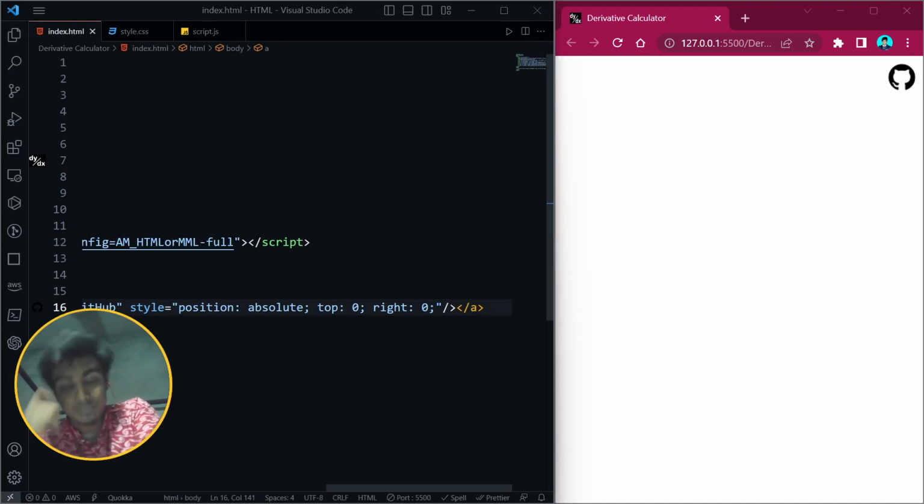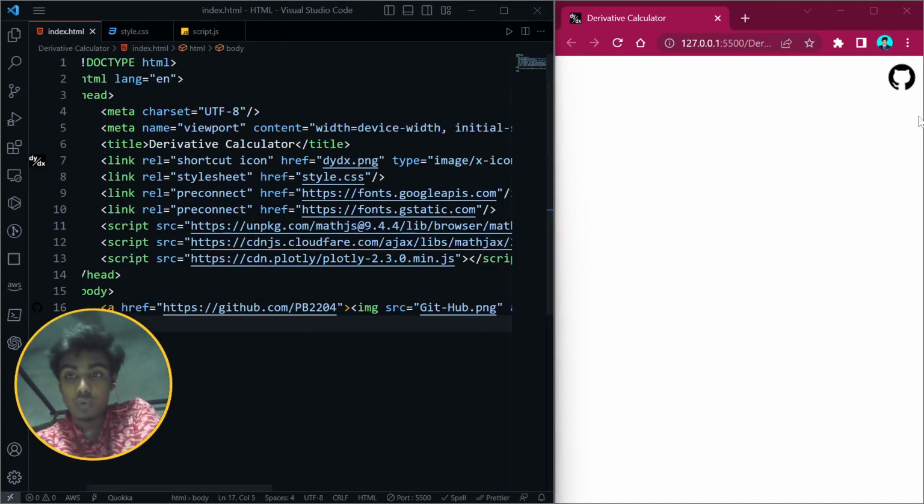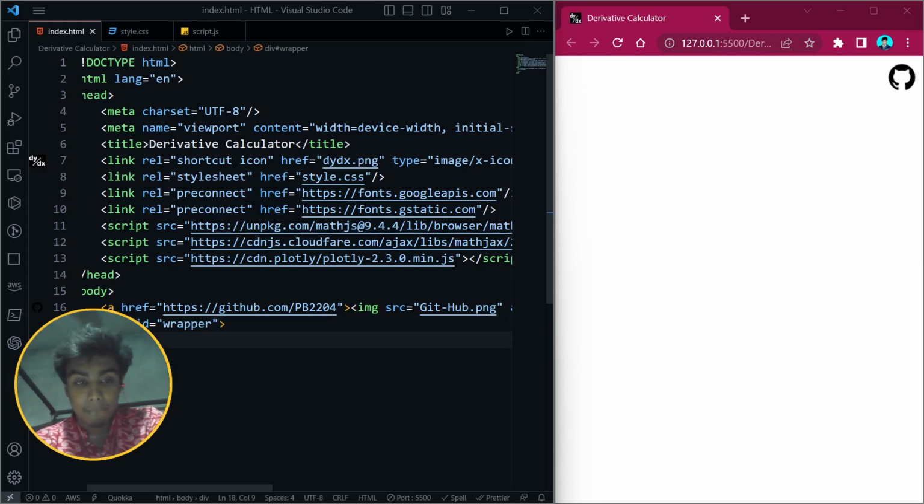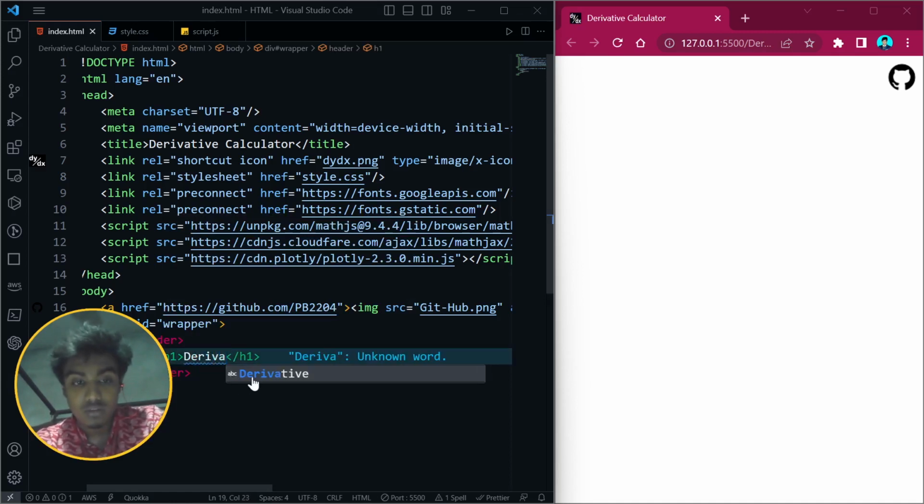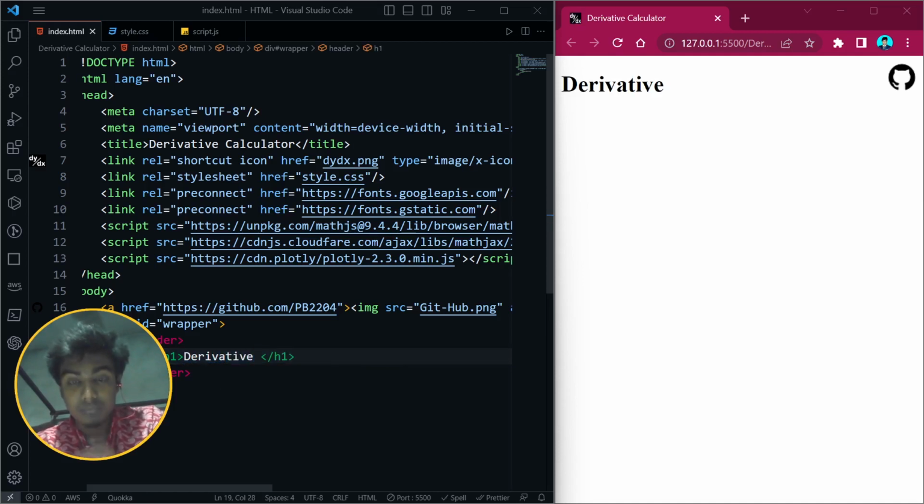Now I want to create a wrapper here, so I think it should take from here to here as a wrapper. So let's create a wrapper div. Inside the div I will create an id, and the id will be wrapper. Here inside this, first I need a header portion. Inside the header portion, I want to create an h1 tag first. Inside the h1 tag I want to write the name, which is derivative calculator, sorry,